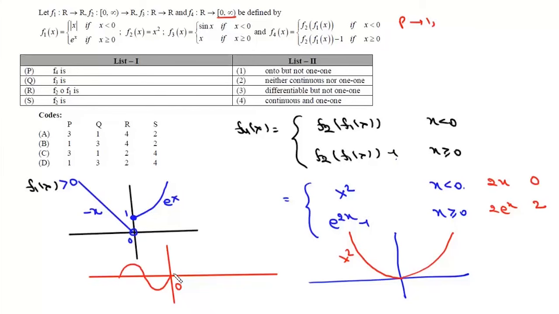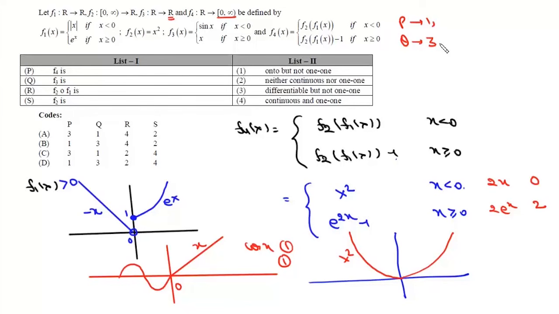And when x is greater than 0, it is this x. Now range of f3 is 2, so it is not onto. So this option A is incorrect. It is neither continuous nor 1-1, wrong. Now we have to check its differentiability. Left hand derivative is cos x and cos 0 is 1. Right hand derivative is 1, so it is differentiable. So it will be differentiable but not 1-1. So this q,